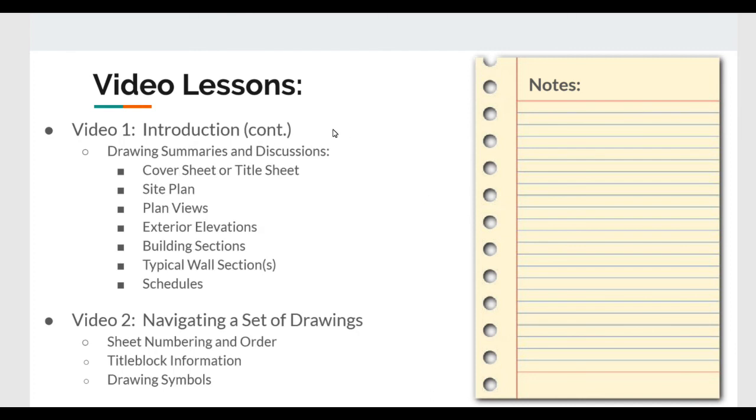The next thing in introduction is the drawing summaries and discussions. So in this set of drawings we have a cover sheet, title sheet, a site plan, plan views, exterior elevations, building sections, typical wall sections, and schedules. And there's a lot of other different parts of the set of drawings, but these are the main components of the set of drawings. And what we'll do is we'll go through each one of these individually and talk about